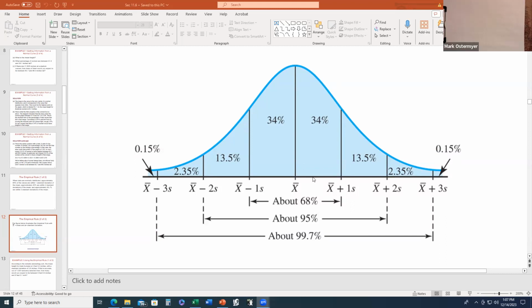And like I said, quality control in industry makes use of this normal distribution to make sure that parts that are coming off the line are within specifications. For instance, let's say a machine is manufacturing ball bearings all day long. And